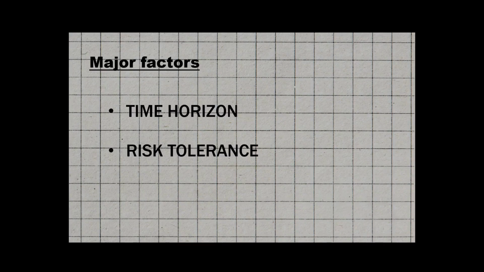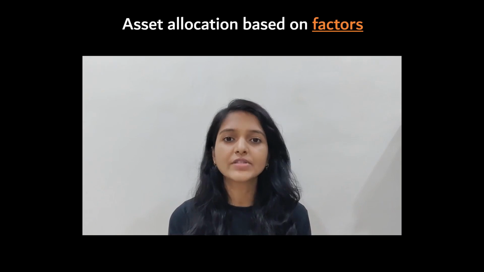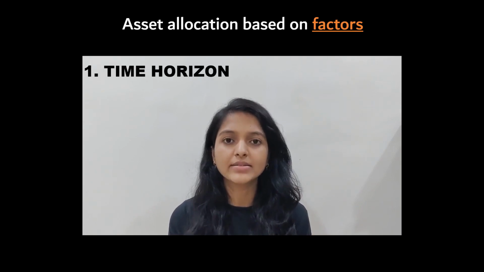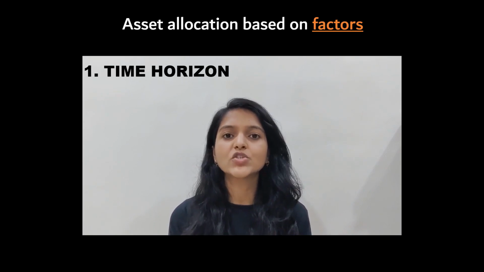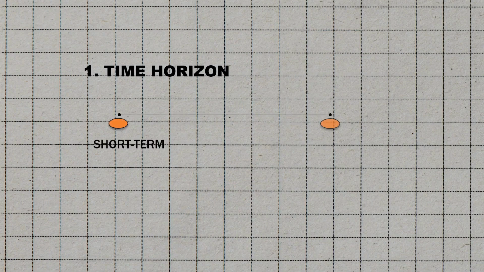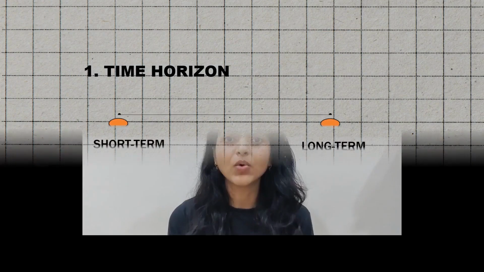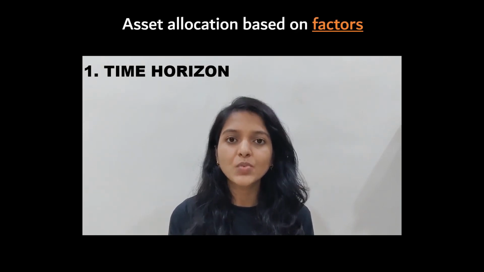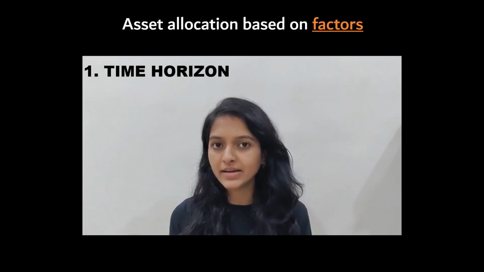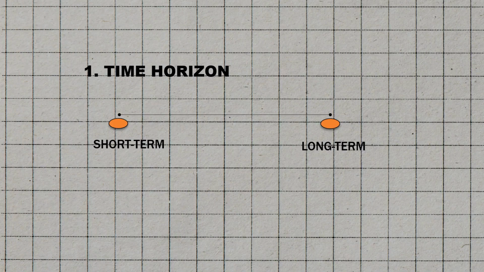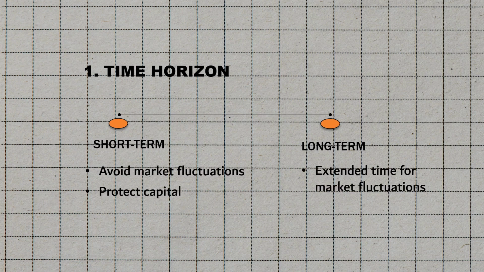horizon and risk tolerance. Starting with the first major factor, that is time horizon. So time horizon is your total investment duration, which could range from a few months to even years, depending on your financial goals. So an investor with a short duration will take less risk to avoid any market fluctuations and even to protect their wealth. While a long-term investor can take risk because they have an extended time to bear any